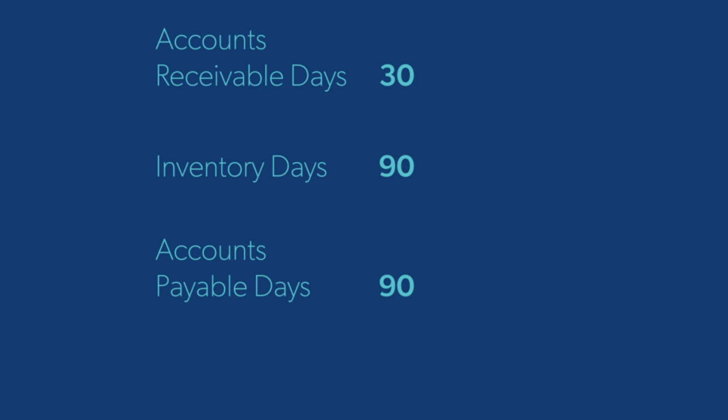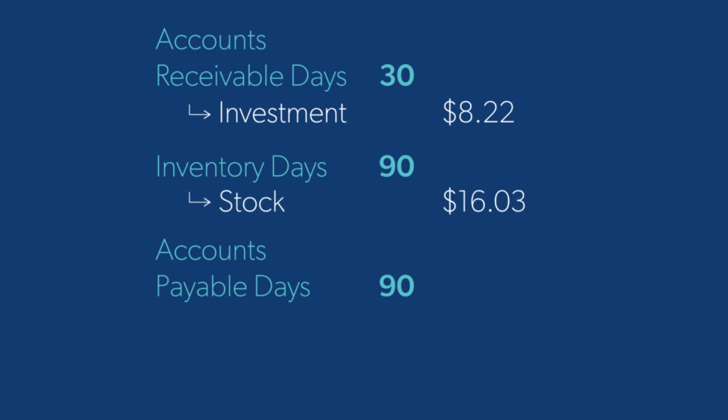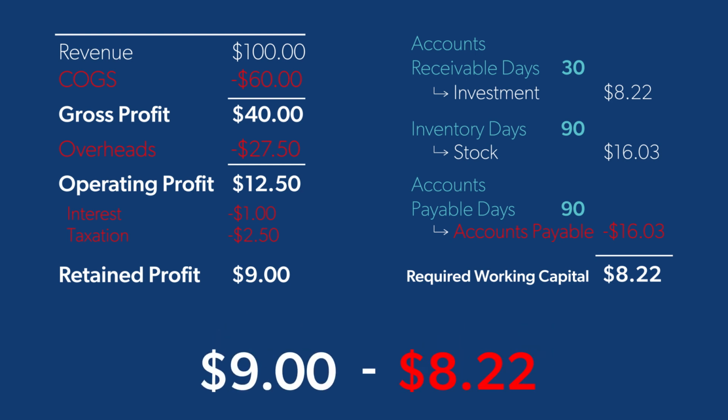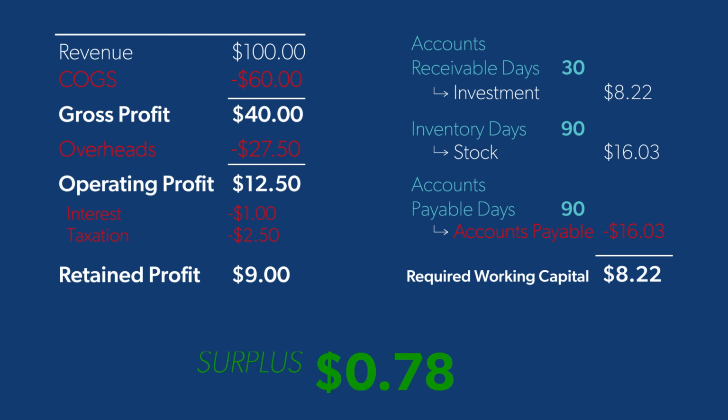When it sells $100 of goods, it's going to invest $8.22 in accounts receivable. It's going to invest $16.03 in stock, but it's going to be offset by an accounts payable increase of $16.03. So to sell $100 of products, which we know is going to end up with $9, we need working capital of $8.22. So we've got a surplus of 78 cents. So even with very healthy margins there, you can see in the short term, it's not generating huge amounts of